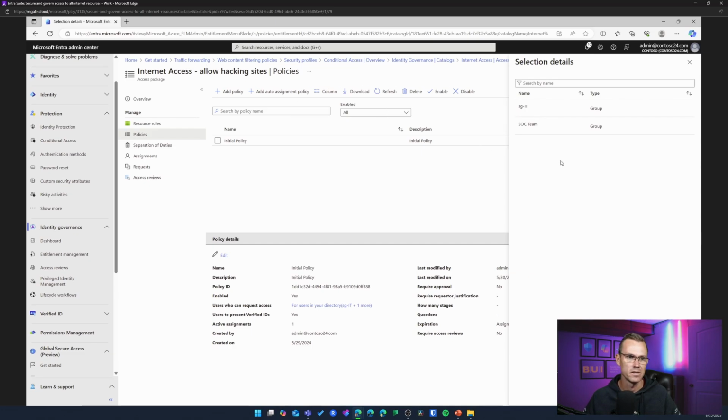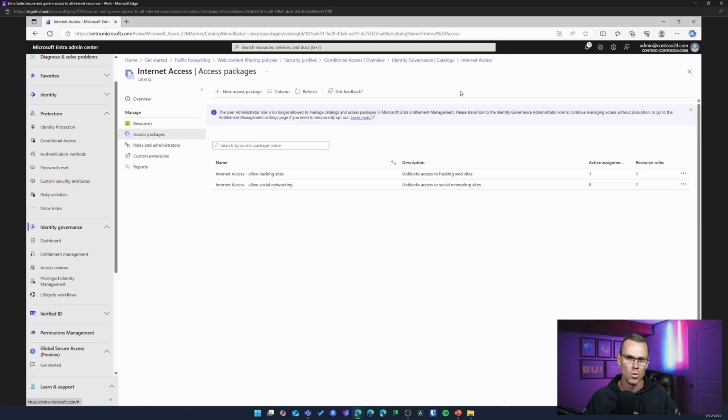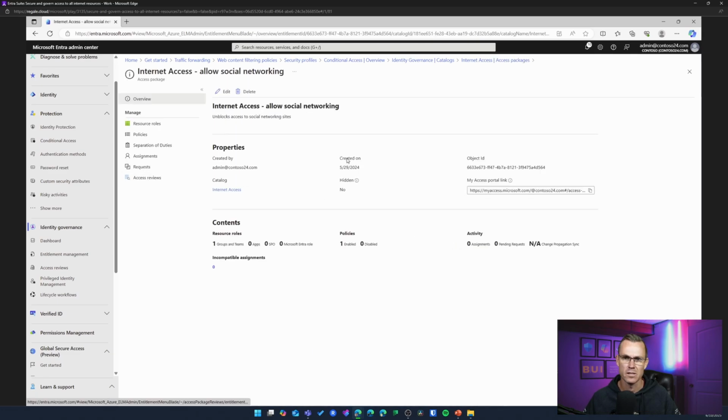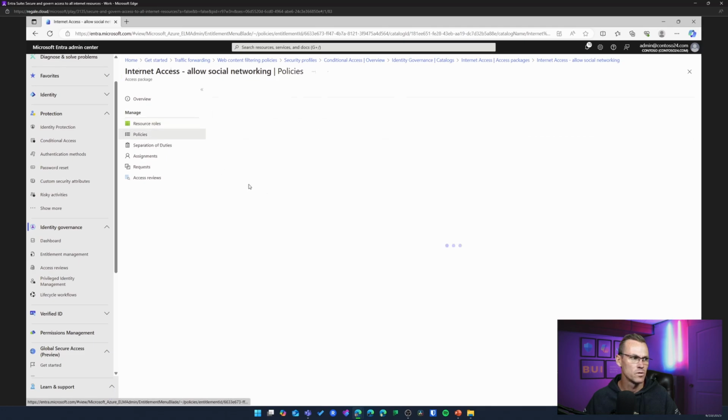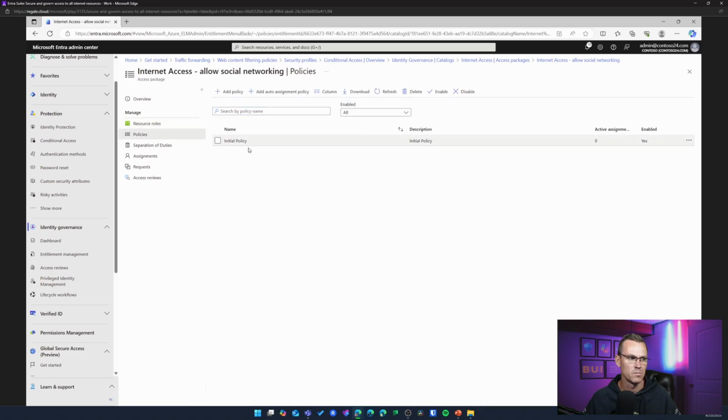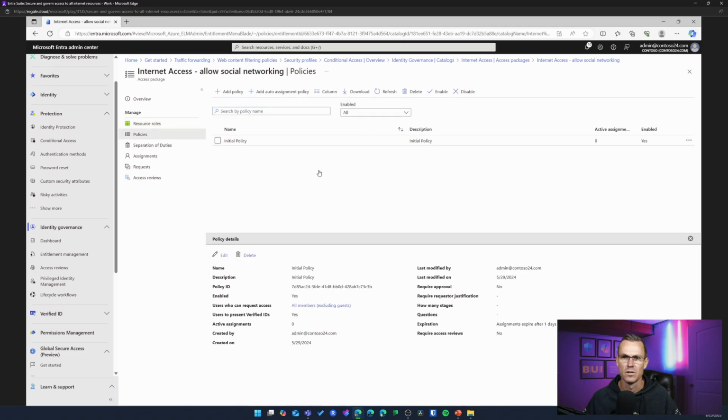Allow hacking sites. Cool. Similarly, I've got another access package, same kind of thing, group, assign membership of that group is driven through this access package. And also this particular policy that is applicable here has its own kind of configuration.